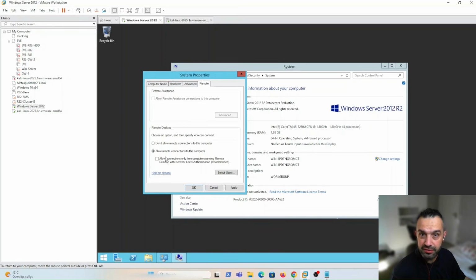Ease of access for testing labs in lab or temporary setups. Someone might disable NLA to bypass user authentication prompts during quick testing. Malicious intent, for example, honeypots or backdoors. So now let's click OK here